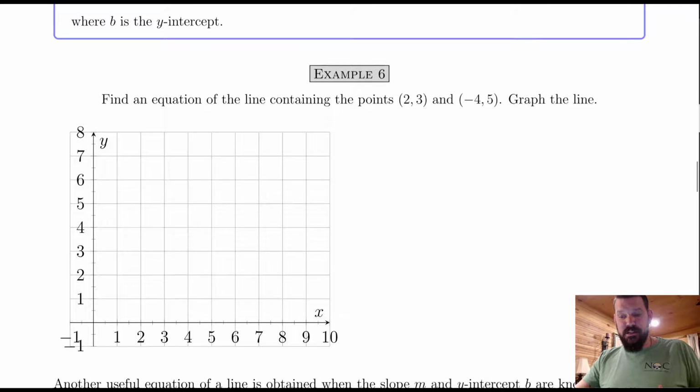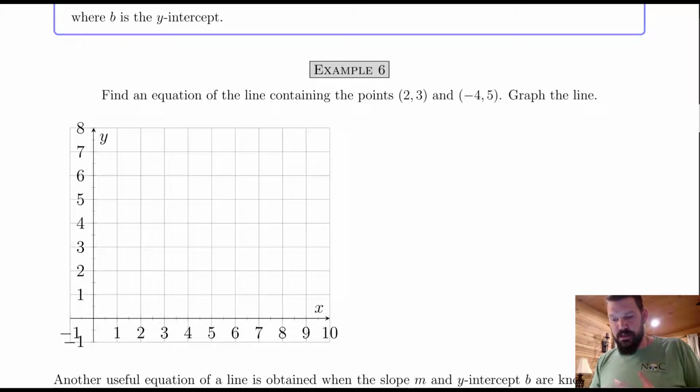Okay, so here we are on our second video for section 1.3, the notes on lines. And we're going to start right off with example 6. It says find an equation of the line containing the points (2, 3) and (-4, 5), then graph the